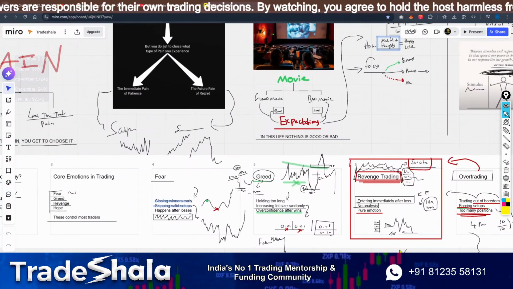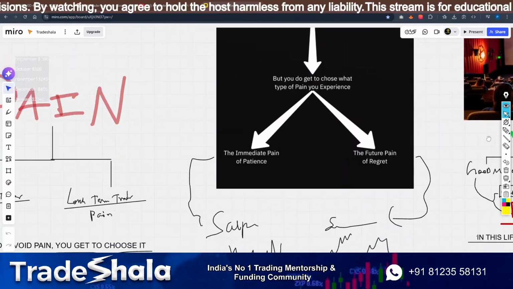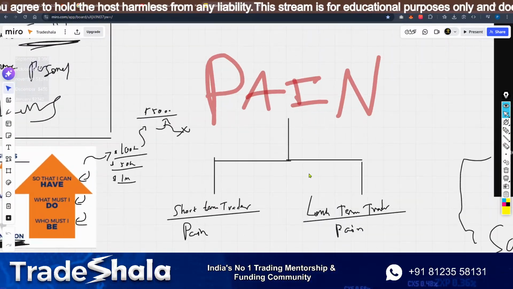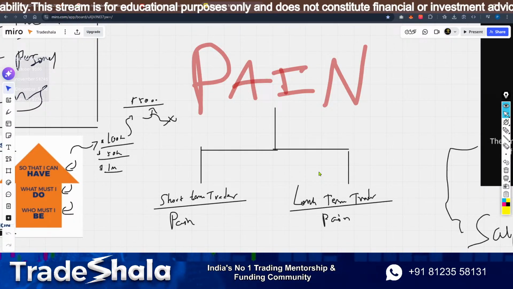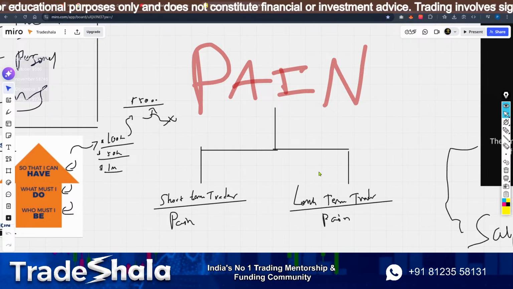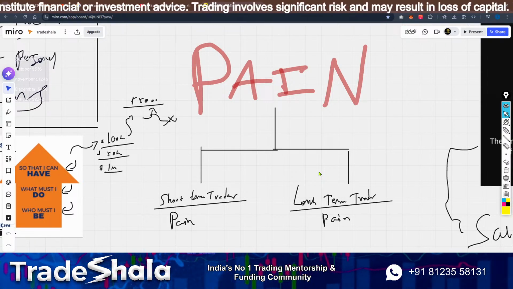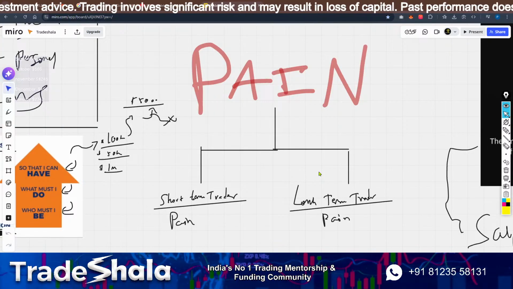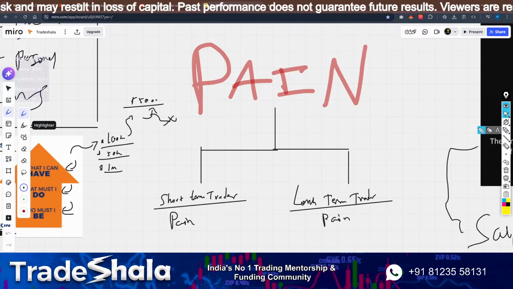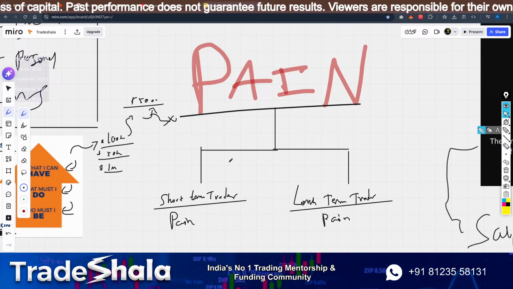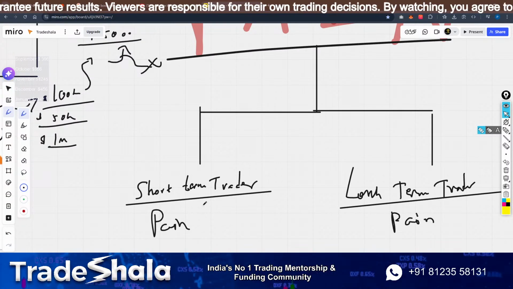So the best way to win in trading is, like I gave the movie example, right? This is the one, and you have to choose pain. Pain is so important in this field because pain is not something you can avoid. People try to avoid pain so much that it puts them in a deeper hole that they cannot even come out of. They cannot even see the sunlight. Pain is inevitable. Pain will come no matter what you do in your life. But you have to understand what type of pain. The thing is, you can choose your pain.